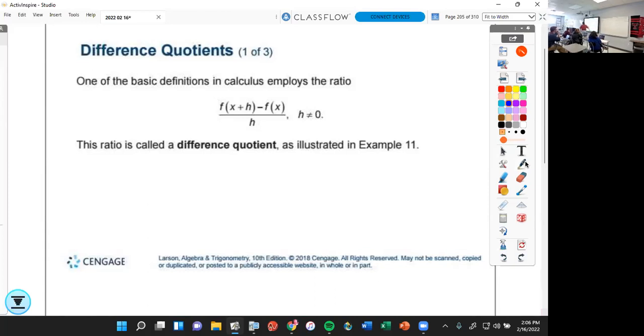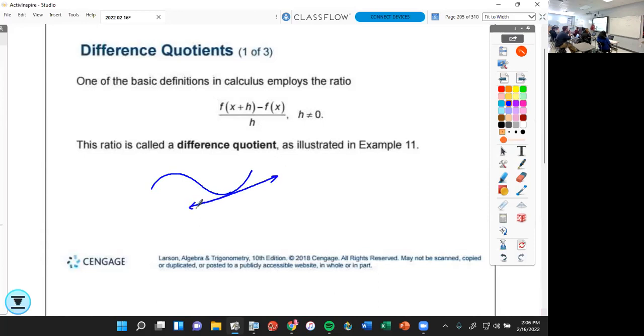If I had a curve like this, here's a point right here. That's 1 point. There is a line that goes through that point called the tangent line. The tangent only touches a curve 1 time. How would you find the slope of a line that only has 1 point? If you only had 1 point, you would have